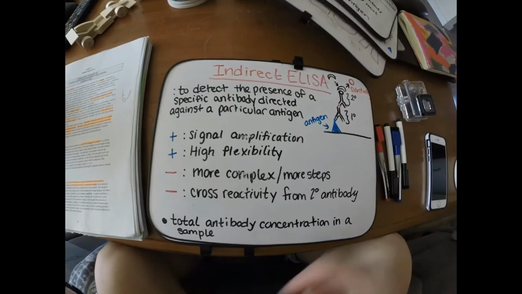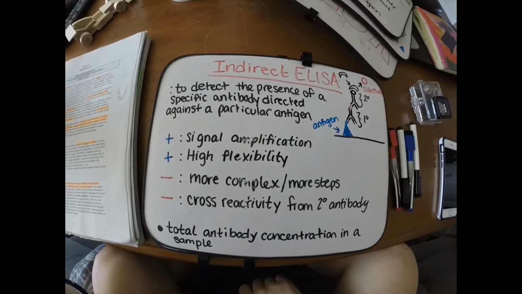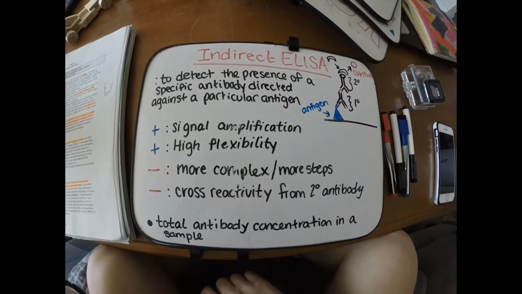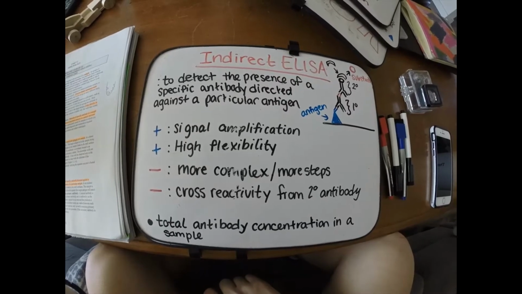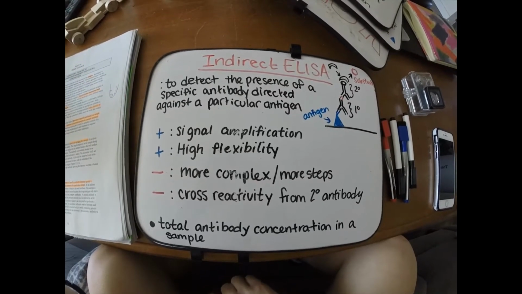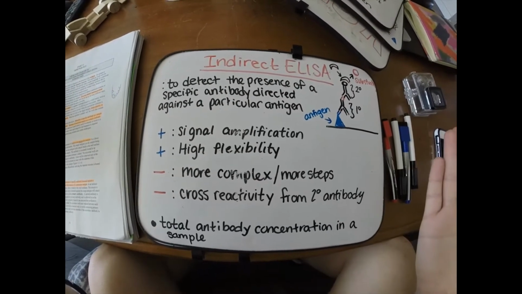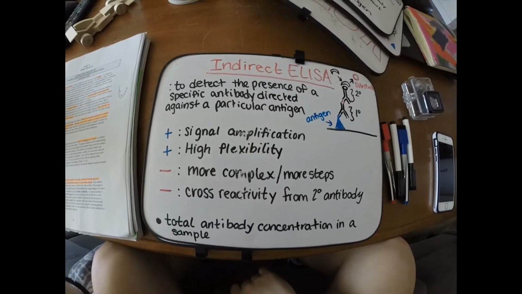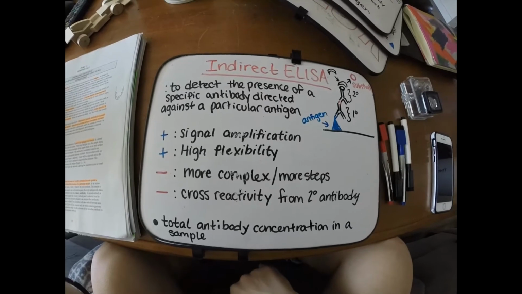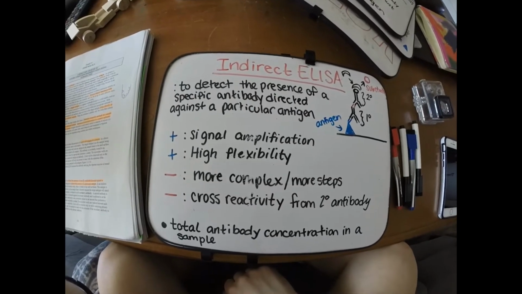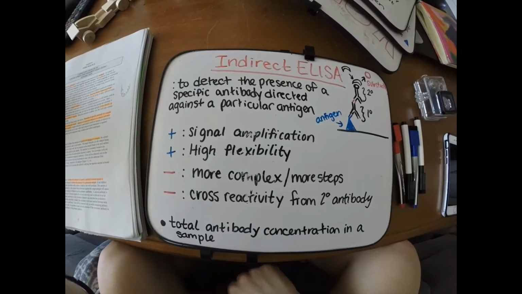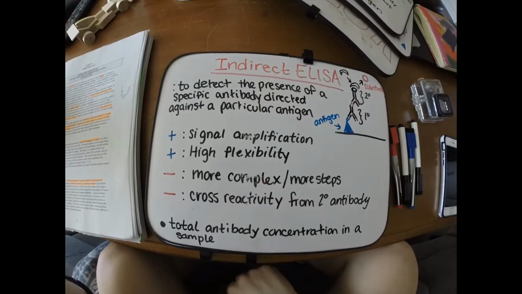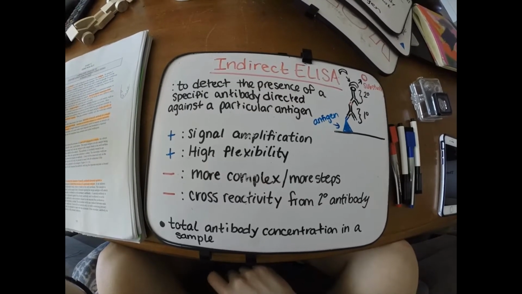Alright, let's talk about indirect ELISA. This is the ELISA that your lab exercise goes into, like what you would actually have done in your lab. So it's probably the one that you need to spend the most time understanding. But essentially with an indirect ELISA, you're trying to detect the presence of a specific antibody directly against a particular